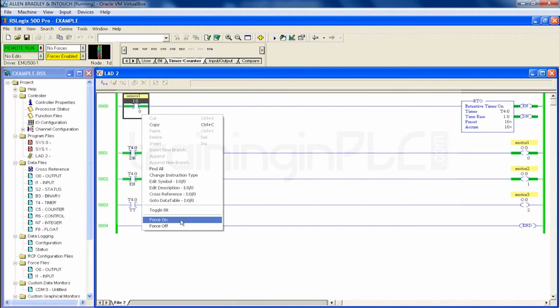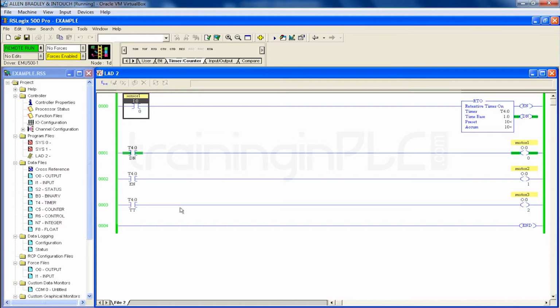If you turn off, the on delay timer will make everything go off. Even the accumulator value will go back to 0. But here, check out here. The enable bit is off because the run condition goes false, but the done bit is still on. Even though your input goes off, even though your run condition goes off, the done bit is still on because your accumulator value will not go back to 0 until you make an external reset.